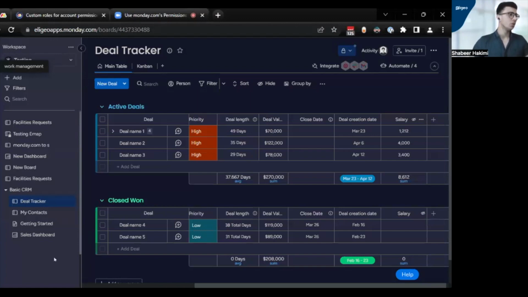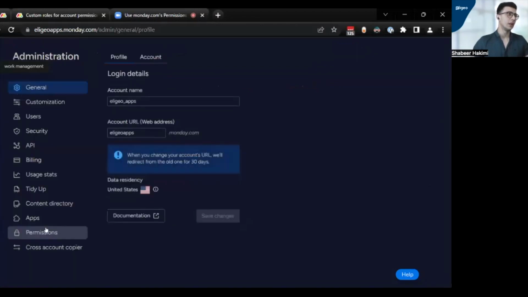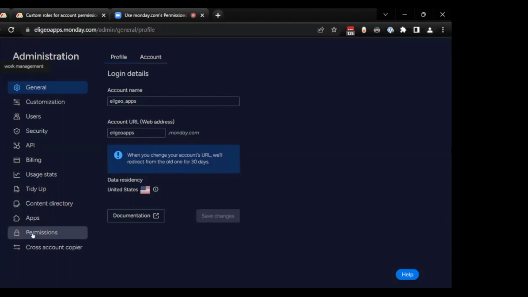When you want to go to the admin section, you can click on your profile and your avatar. Then you can go to the administration section. But you should remember that having access to the permission accounts within your administration is only available for those people who have enterprise plan subscriptions. So we can go to the